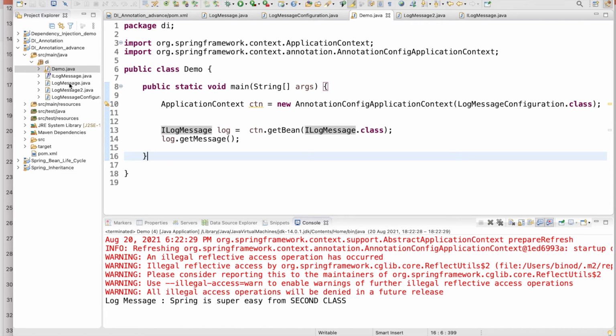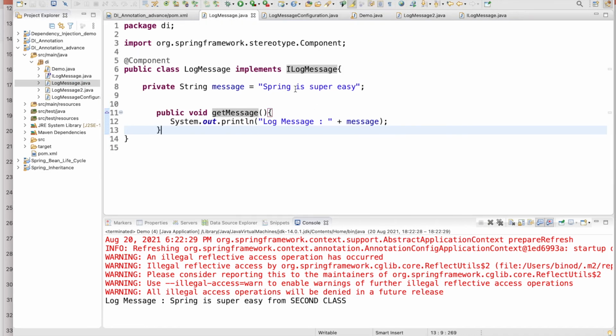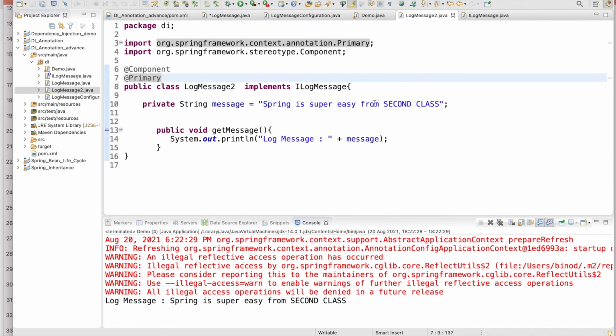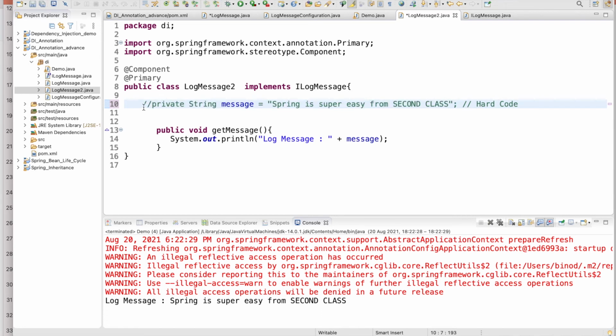Now if you notice here, this is the hard code, right? We can say this is the hard code. Now if you want to pass this value through the log message, how will you do it? So go in the log message to here. So this is the hard code, right? Now what I will do, instead of that, there are many other ways to do this.